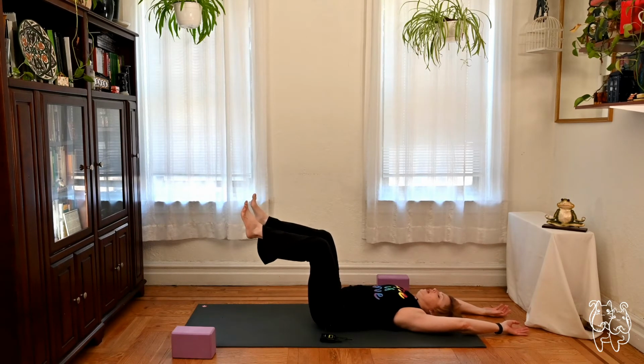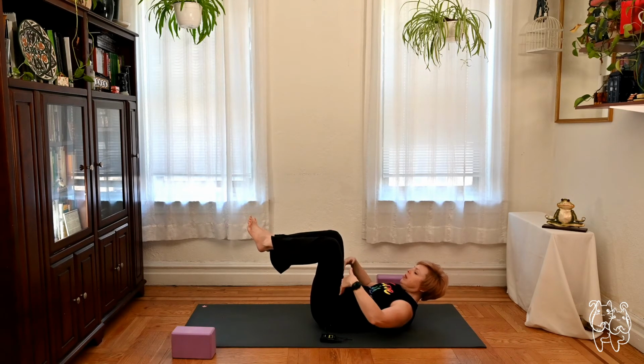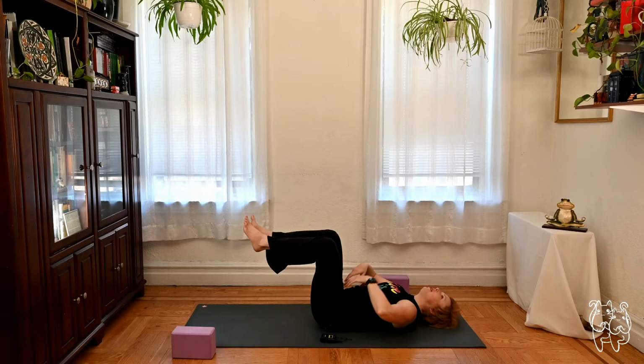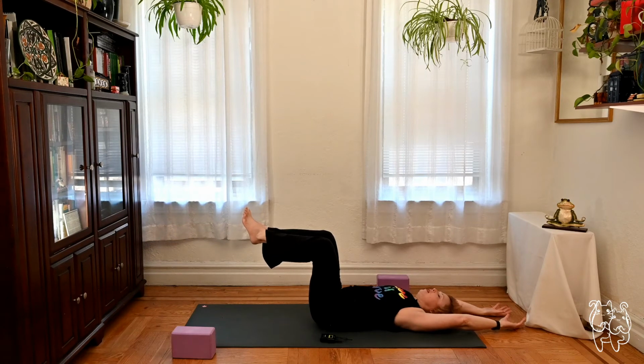Line up your knees over your hips. So if you need to take a quick peek, your legs should be more or less at a 90-degree angle. Feel your lower back lengthen toward the mat. So it almost feels like your lower belly here is kind of like scooping out into a little bowl, right? So that'll help to protect the lower back,